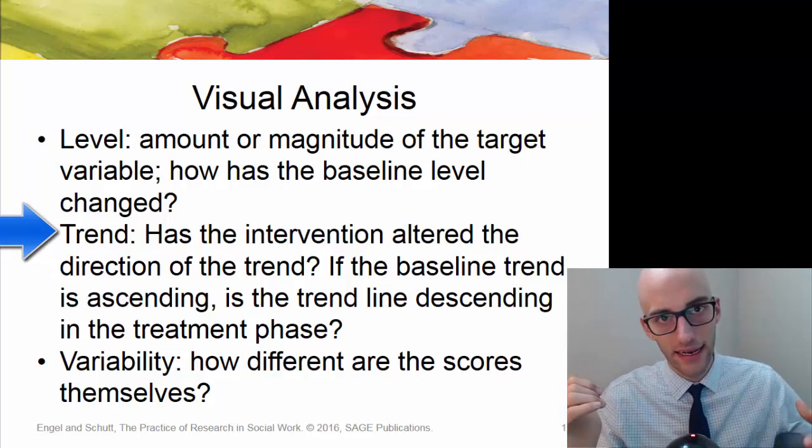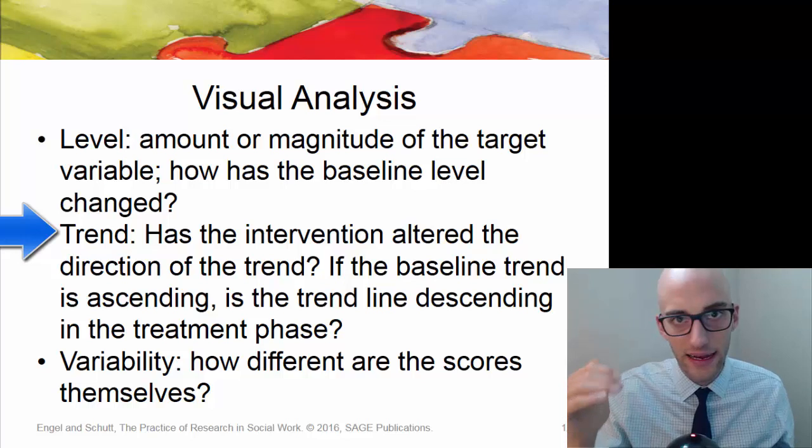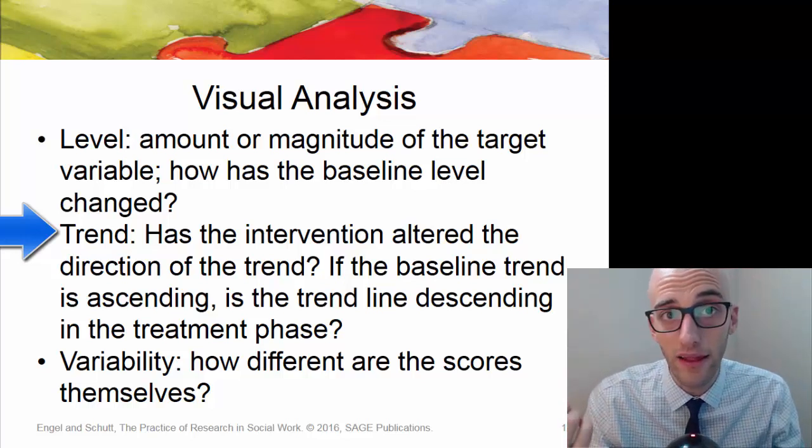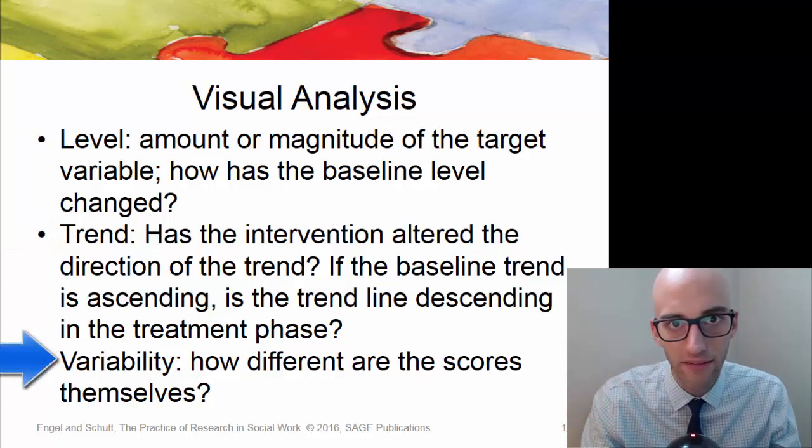So again, is it ascending? Is their anxiety getting worse during the baseline? Is it decreasing during the intervention? Those are things that we can better get an idea of by looking at these graphs. And variability, obviously: how different are the scores themselves? Is there a lot of variation associated with the intervention from the baseline, or are things more or less kind